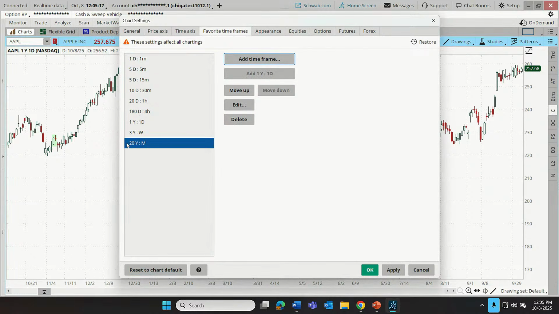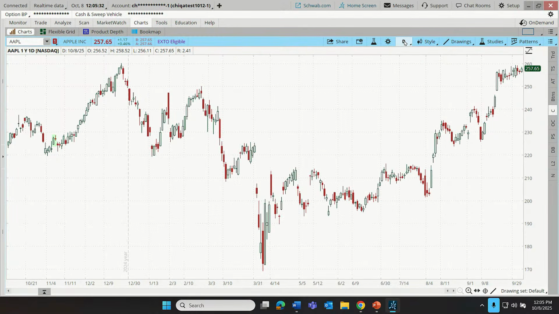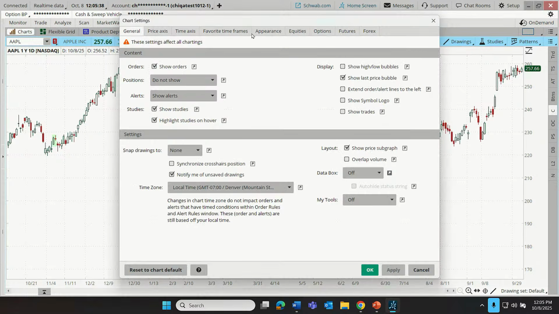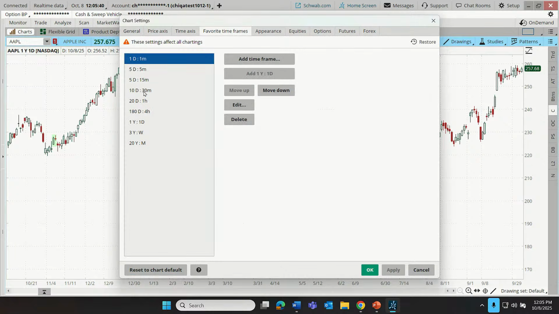So you'll notice that populates down here at the bottom of our list. Now, what it does not do, when we click Apply, you might think, oh, is that going to switch our chart to a 20-year time frame? No, what this is actually doing is it's applying this to that list of favorites. So the next time we access that up here at the top, there's that new time frame. All right. Now, what if we wanted a shorter term time frame?